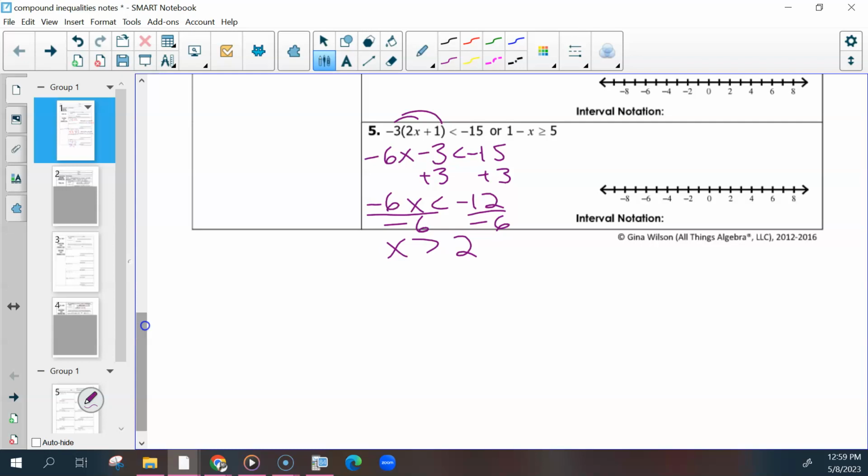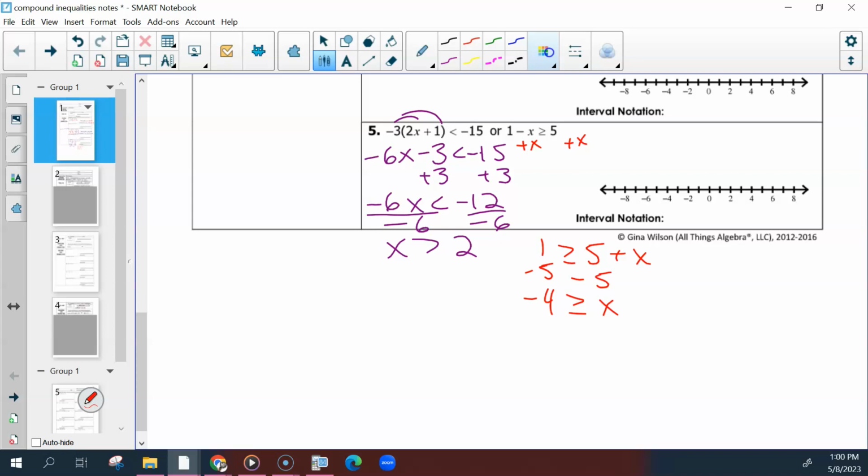Oh, we start the other one? You could do that. There are multiple ways to do this one as well. So let's say we add x. If that's not what you were thinking, you can still go with what you were thinking. And then what? Minus 5. And divide by